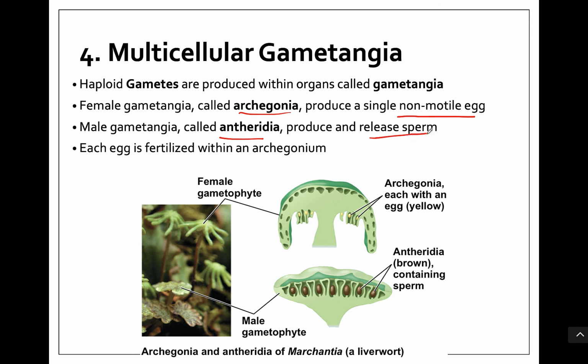The sperm typically have to get to the egg, and in our early plants, this is going to be done because they have a flagellum and they're going to move through either a liquid environment or a film of liquid. So the sperm actually has to travel from here all the way up to the female gametangia and then into here to fertilize the egg. Once it's fertilized, this zygote is going to develop as an embryo inside of this female gametophyte.